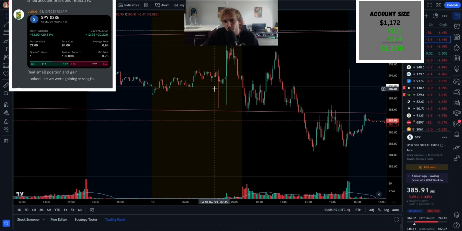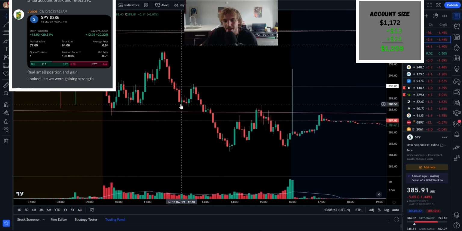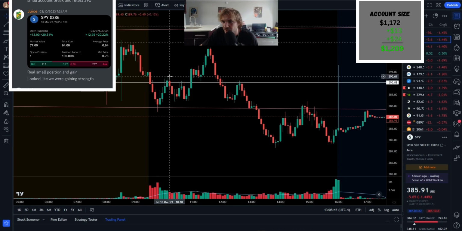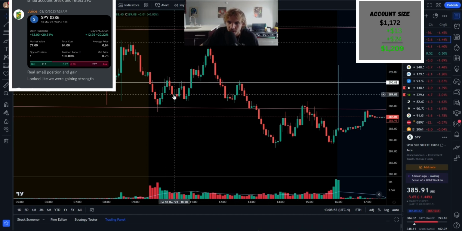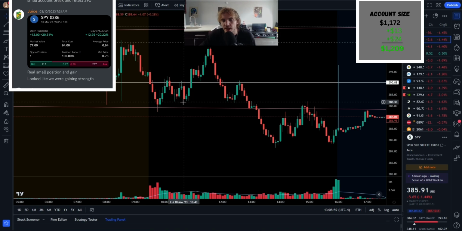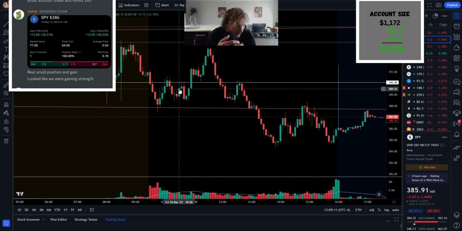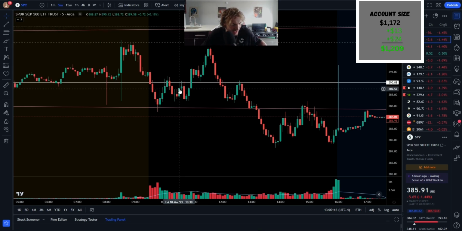As you can see, we kind of held it all pre-market. We broke it right at open, came back up, retested it, almost got stopped out. I think our stop loss was literally a close above this pre-market candle, and we almost got stopped out. Didn't get stopped out, luckily, and I think I sold right here on this green candle on the uptick. It just kind of looked like we were gaining strength after all of this. I think my profit target was originally 388. We didn't get the 388. Obviously, we got close. Should have taken profits and sold basically for $1 more. I only got a 20% win with $13. It was a very light position size at $60. So that was that trade. Wasn't too crazy, especially for a small account that's even less crazy.